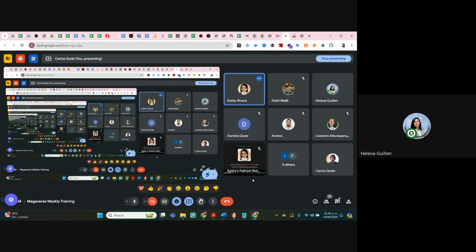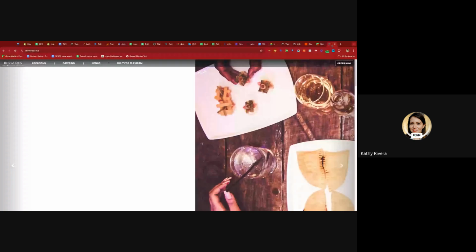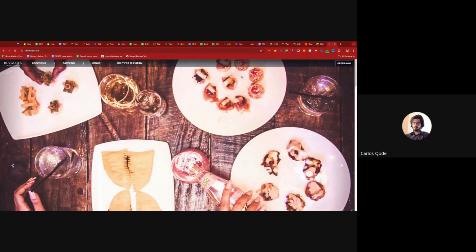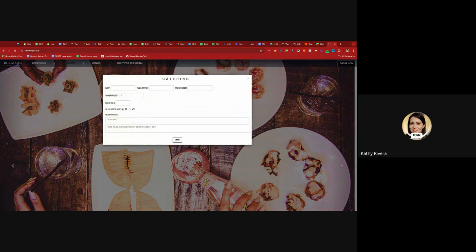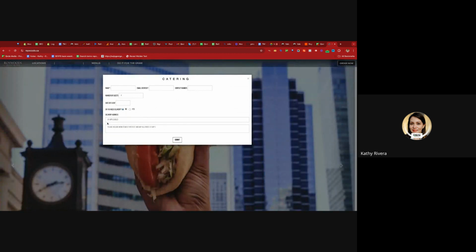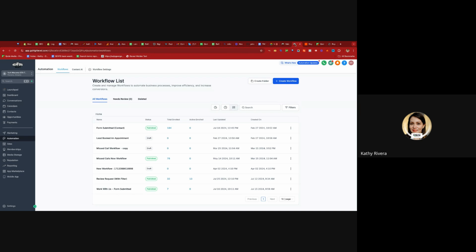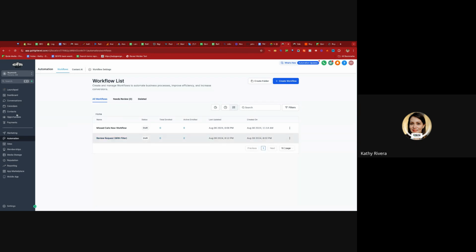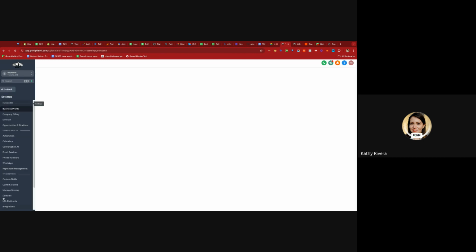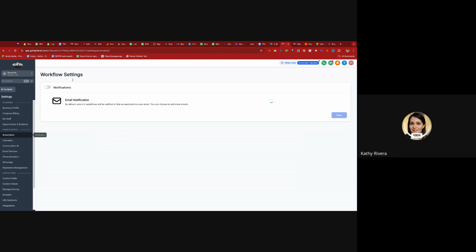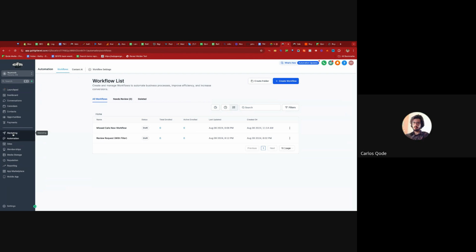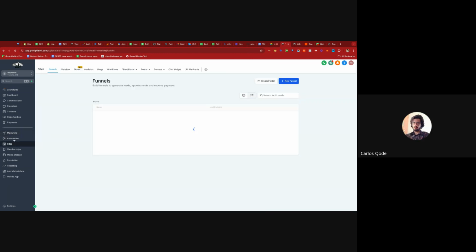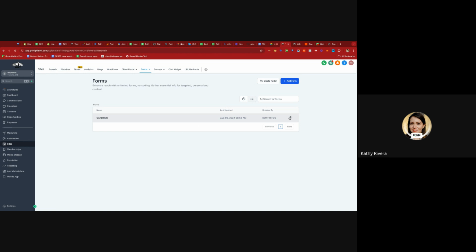Can you see my screen? Yes. Okay. So this is what I talked to you about, Carlos. So I created the, oh my god, what is it? Automation? No. Sites builder? Is that what you're looking for? No, for forms. Yeah, forms builder. Okay, so we do have this form,